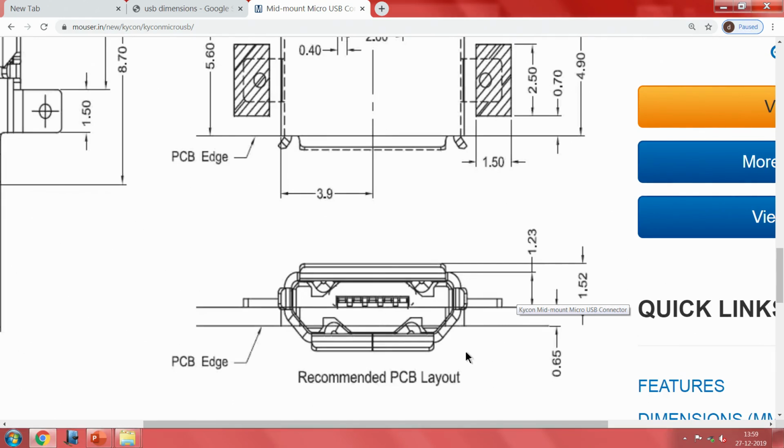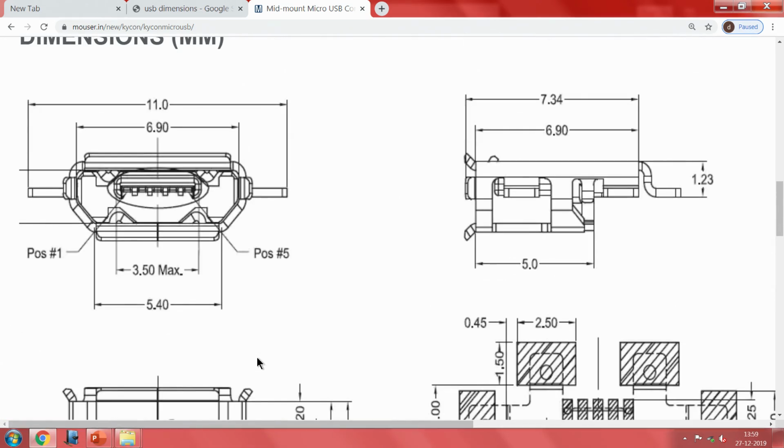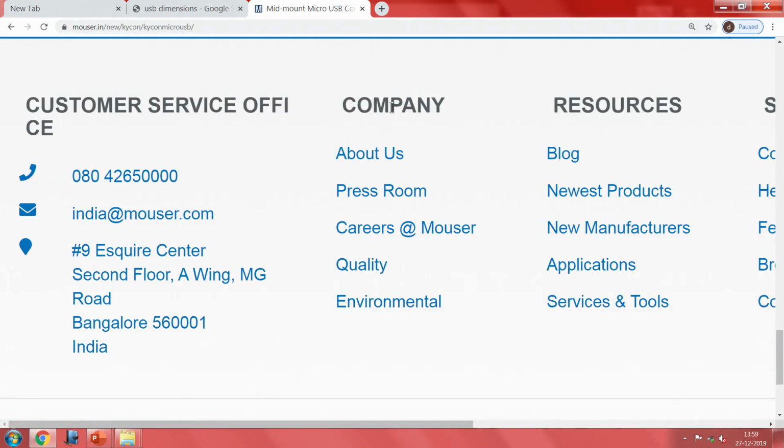So, if this is a double sided board, both sides of it can have components, and the whole profile can be within whatever has been mentioned here. Probably this is one of the better devices. The total height, everything within that, you will be able to peacefully mount the device as you like.